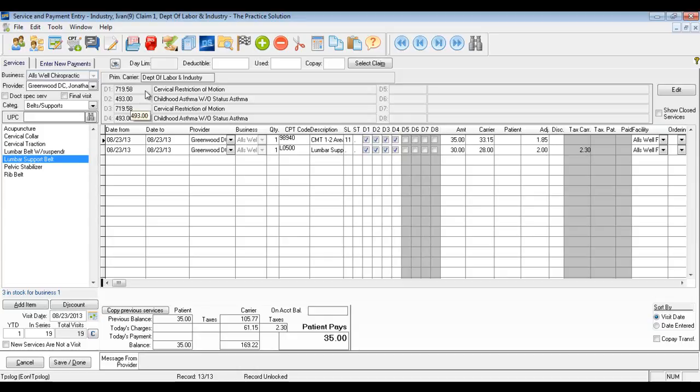Going to the top of the page, we have the day limit if there is one for the patient, a deductible, how much of that deductible has been used, and the copay. Currently this patient has no figures for these features, and so they're all blank. Here we have the primary carrier. If they had a secondary or tertiary, this little box here would be filled out with those carriers. And then right here we have the diagnoses codes, 1 through 4, and then 5 through 8, along with their